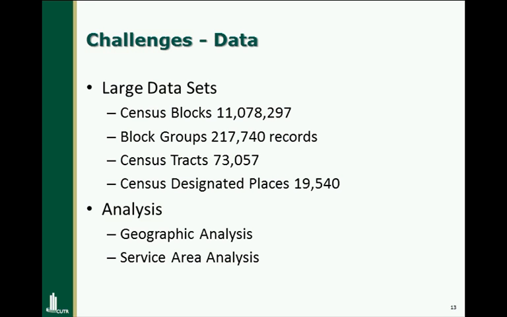So even though we had places where we didn't have data on both sides, either on the urban or the rural side, we still used the analysis so that if that data came through, our database was designed so that new data could populate into it. So we have a foundation of data that we're working with that includes over 11 million census blocks, and as you can see, a lot of block groups, tracts, and census designated places. And we'll talk to you a little bit about the census designated places, how we use that with